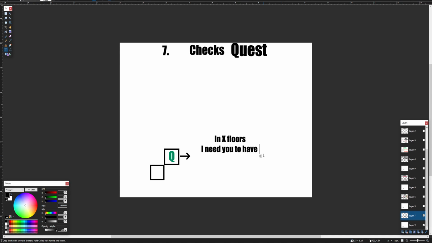In X floors, I need you to have an item, gear, gold, life. In X amount of floors, I need you to have a specific item, gear, gold, life, you know, something